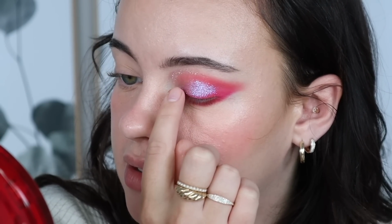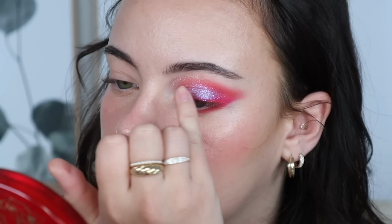And I kind of like what it looks like on top of this pink. Hopefully you can see it on camera. It just looks like an ombre. It's really cool. And I'm not going to connect the shimmers there. I want that matteness right in between. This is very whimsical. And then because I wanted to tie this lilac into the bottom, I thought we could